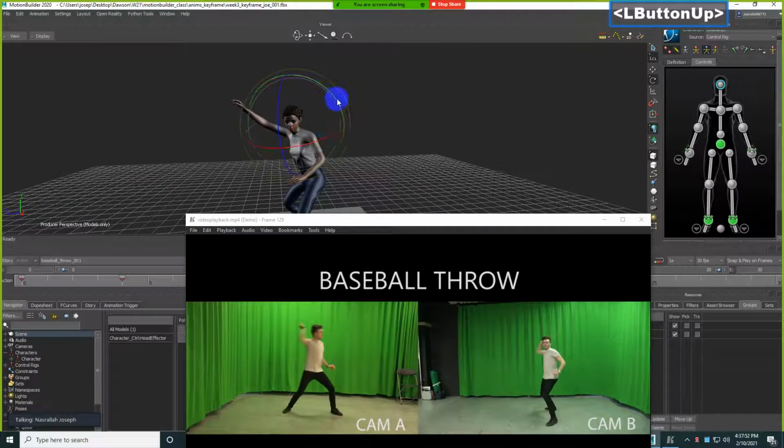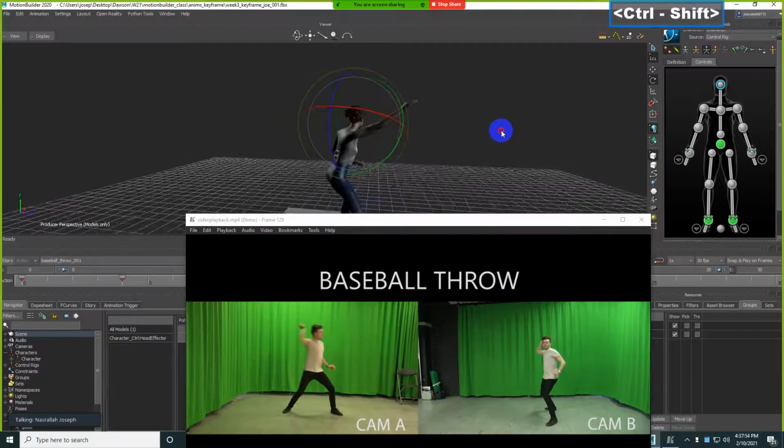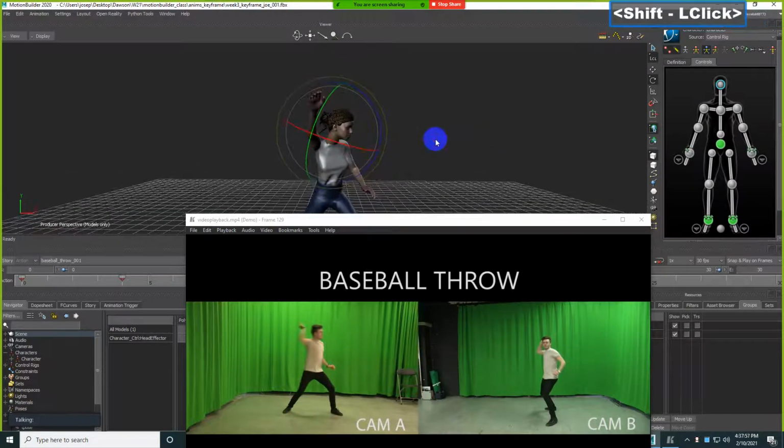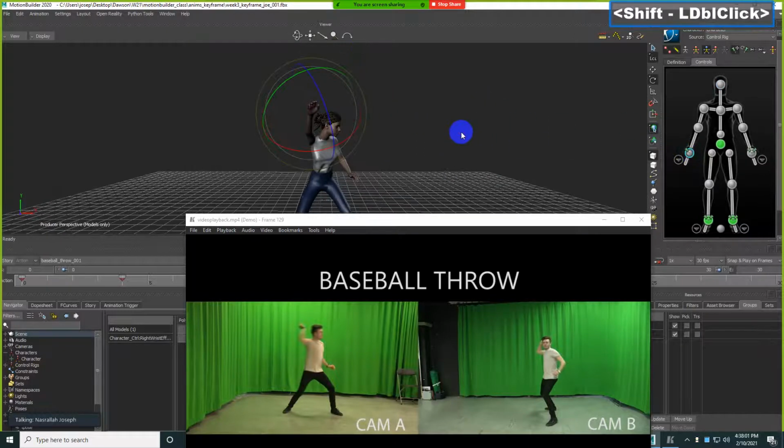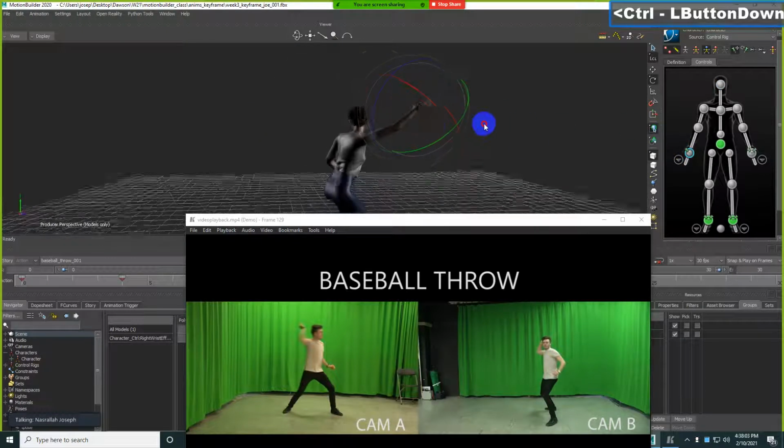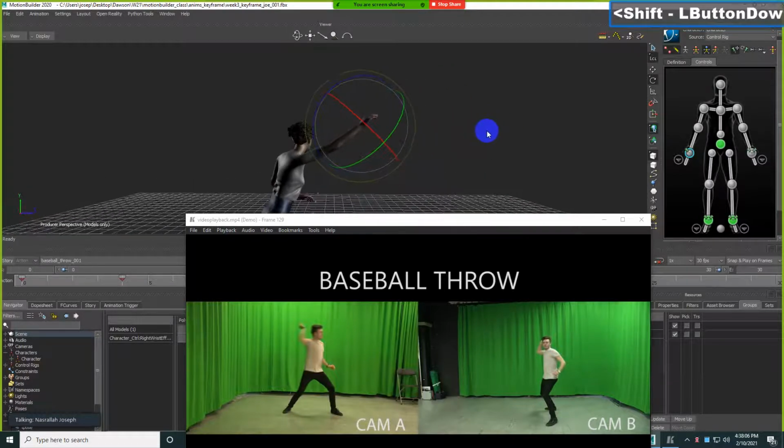I don't think we're going to get to the props this week. We'll do it next week, probably. Just want to finish up probably this pose and maybe one more pose. And then